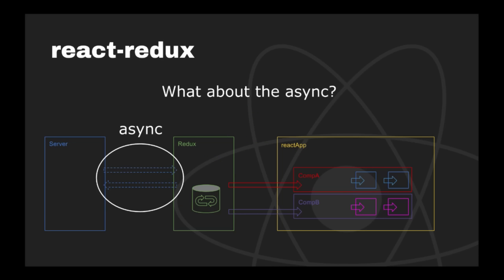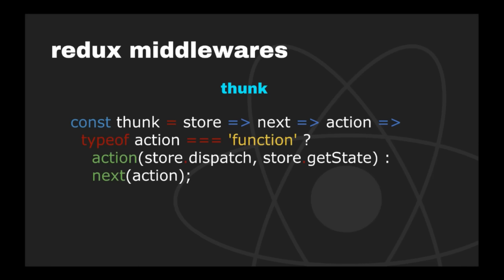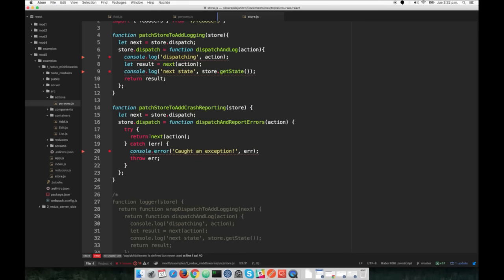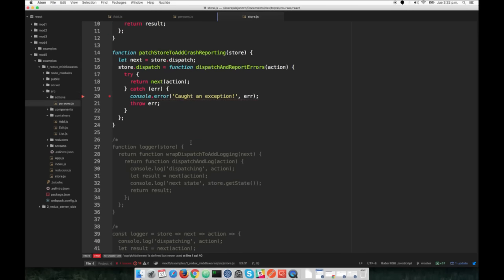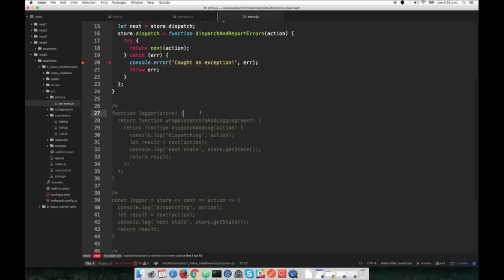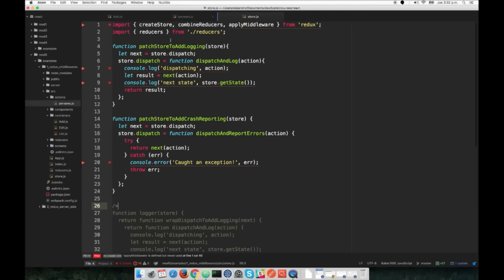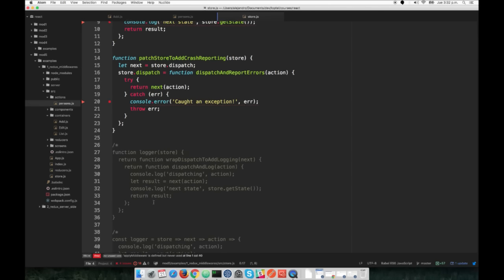So, okay, that's a middleware, fine, but what about the asynchronous way of contacting the server? Well, for this, there is a special middleware called Thunk, which is this one-liner middleware. If you take a look at this, let me first explain how we get into that one-liner code. If we take the idea that we have here of creating a function that receives the store and then saves the reference of the dispatch function in next and then overrides the dispatch,